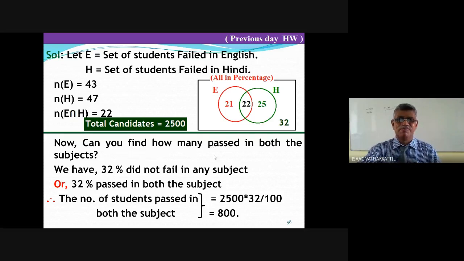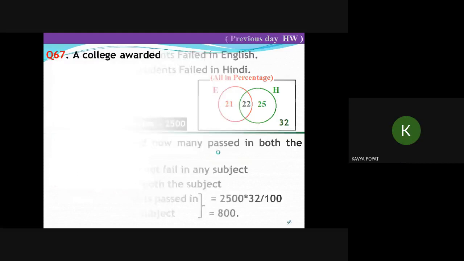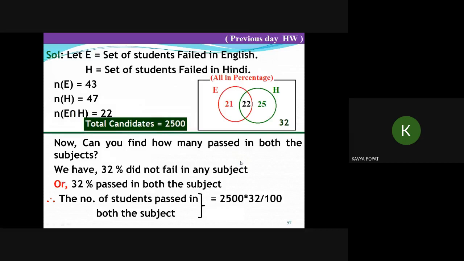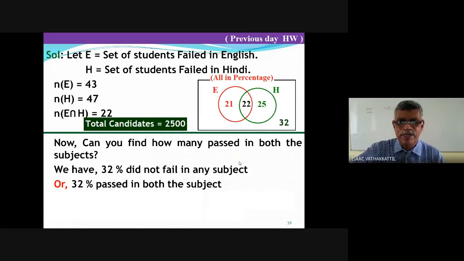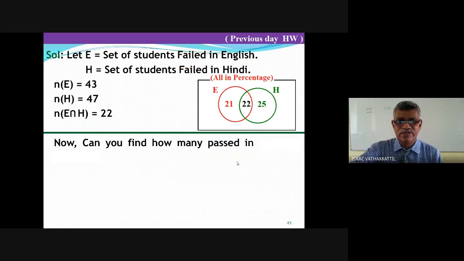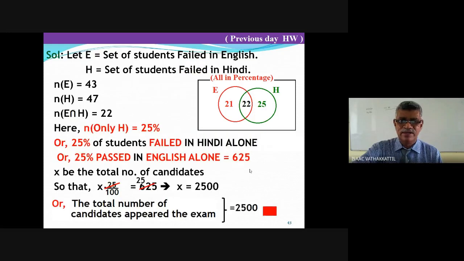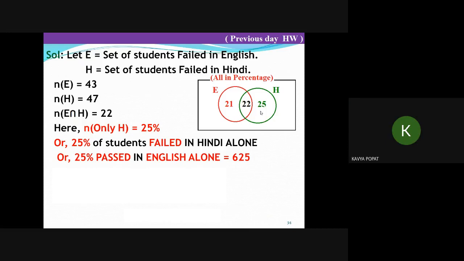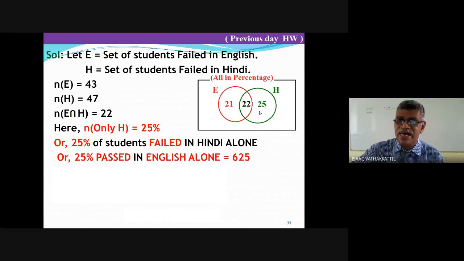So understand clearly. Let me pick up one more question. Sir, I don't get that. Which one? First one. Total candidates. How many candidates? Yes. This, you mean this 25? This one. Yes, sir. Okay, you answer me. Unless you respond, I can't say. This 25 in this green circle, can you respond what you understand by this 25? Failed only in Hindi. Failed only in Hindi. Yes.